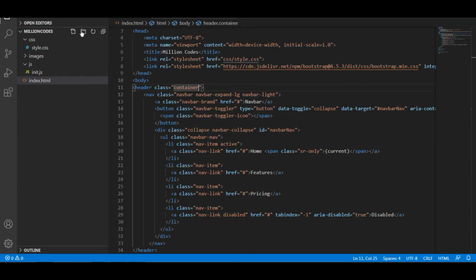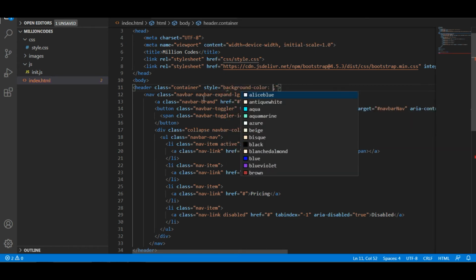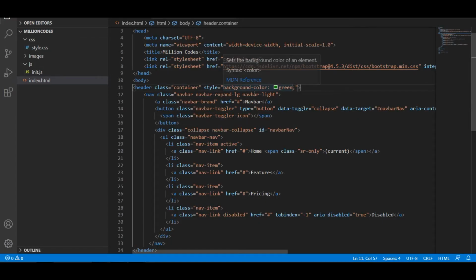When we apply the background, you can see that the entire header section is pulled to the center here. So we don't want that.